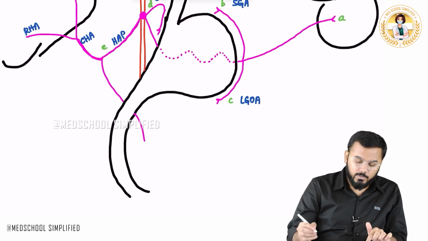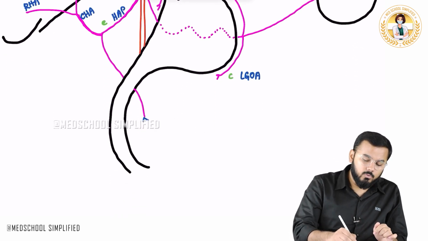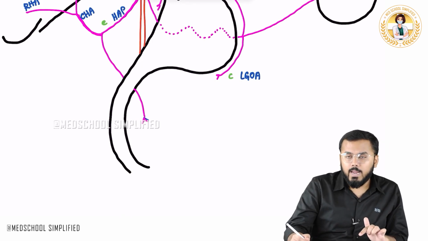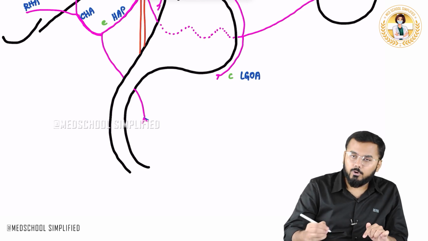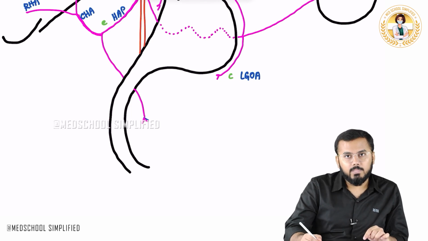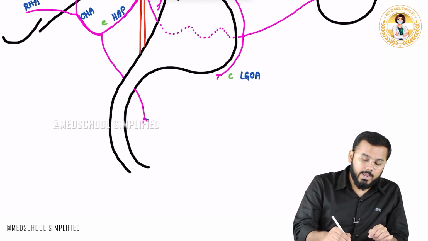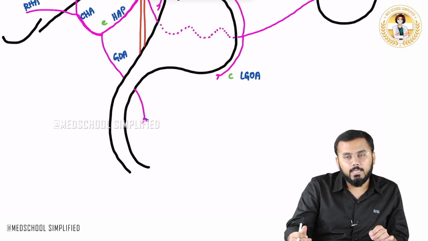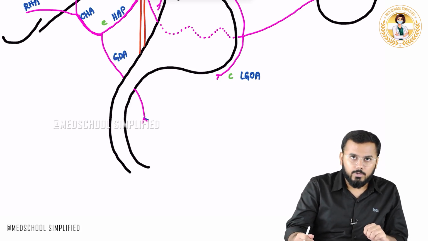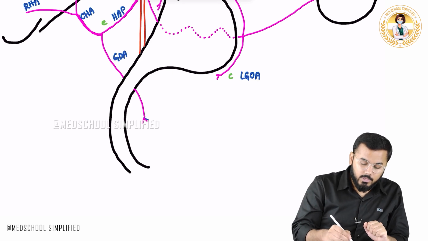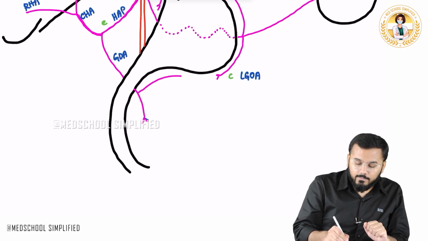What is the name of this branch, guys? What name will you put to this branch over here? Yeah, this branch is present between the stomach and the duodenum. Yes or no? It is lying in between the duodenum as well as the stomach. So you call this branch the gastroduodenal artery. You call it a gastroduodenal artery. Right. Now after this, from this gastroduodenal artery itself, you have a branch that goes all the way and